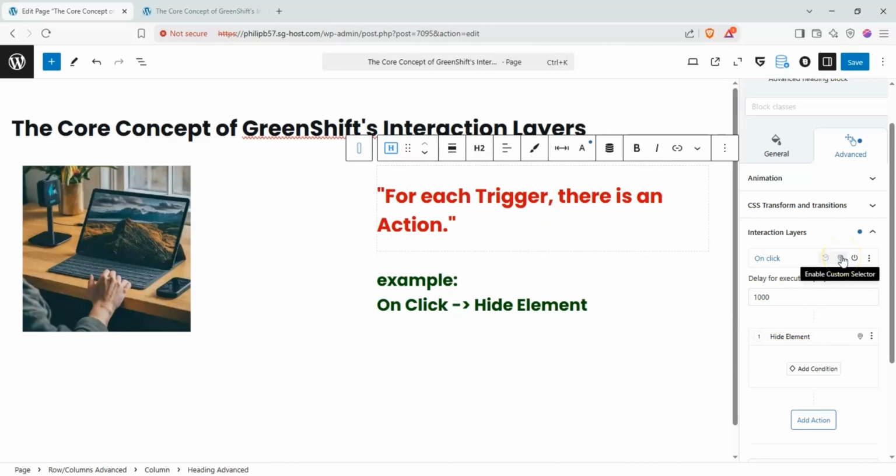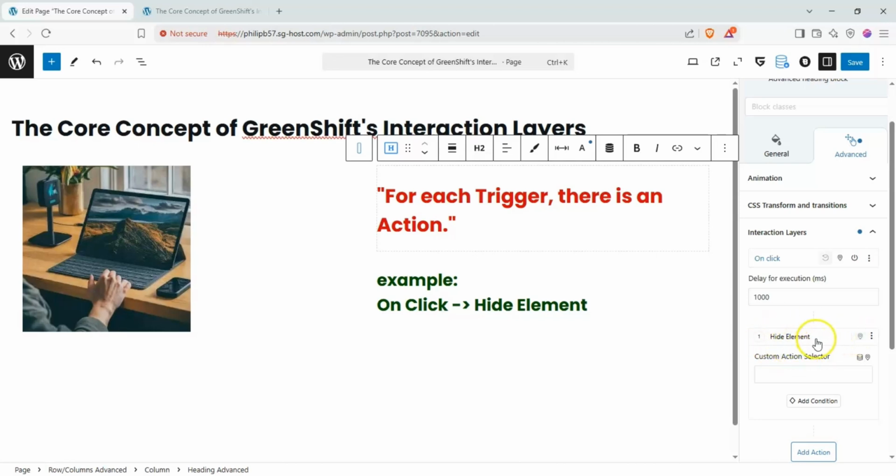Now this next button over here is enable custom selector, and you can see that under the action here, so this is the trigger, this is the action, both of them have custom selectors. Now it's important to keep in mind that if we click on this, this makes it target whatever our custom trigger selector is. We'll talk about this more at a later time, but it's important to know that if we enable this custom selector on our trigger, it will in effect make the other thing the trigger. So if I were to select this image as this custom trigger selector, if I clicked on this red text, nothing would happen, but if I clicked on this, then the element would hide. So let's close that, and if we selected this one,